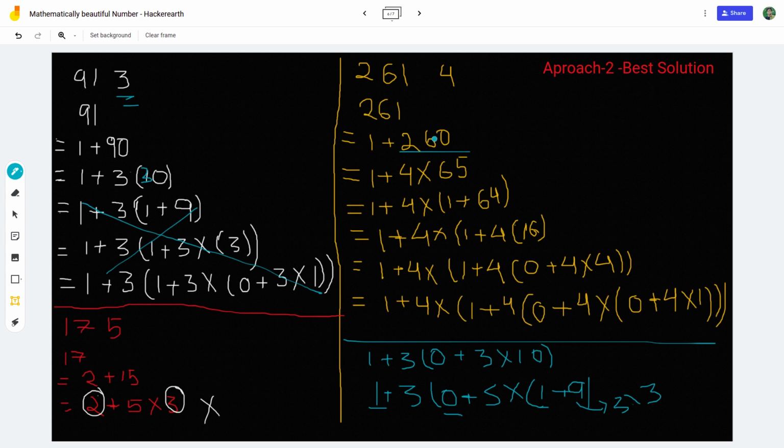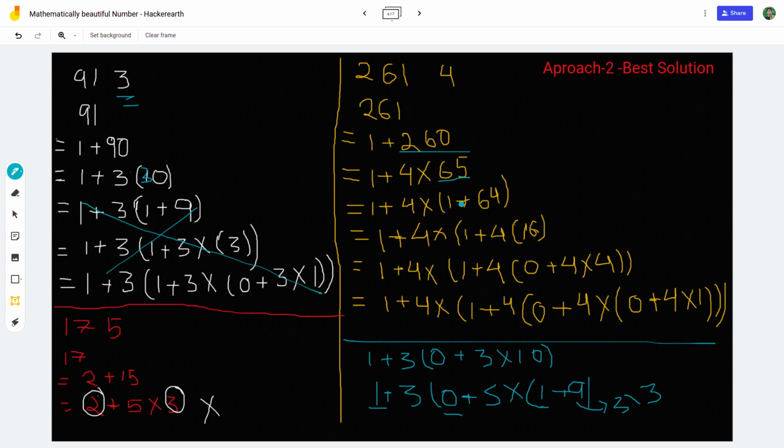As I told, why 4? Because our k value is 4. Then 65 can be written as 1 plus 64. Now 64 can be written as 4 into 16. And now 16 can be written as 0 plus, because why 0? Because it doesn't have any extra value.